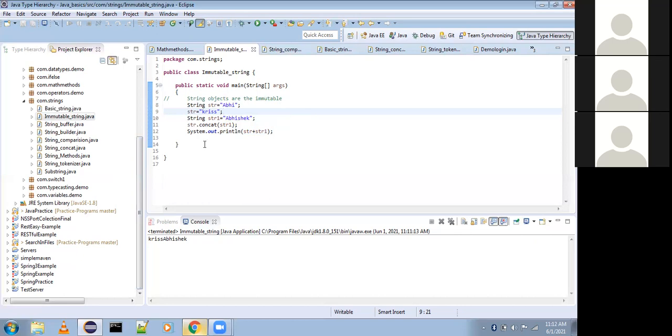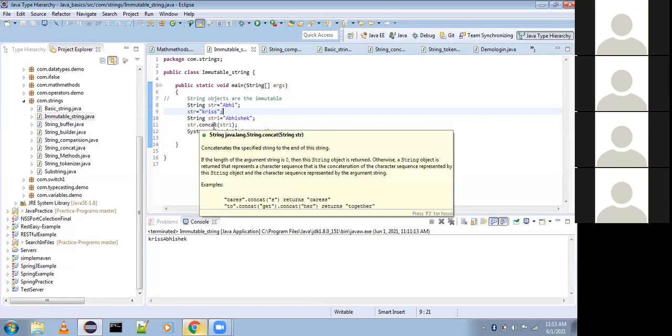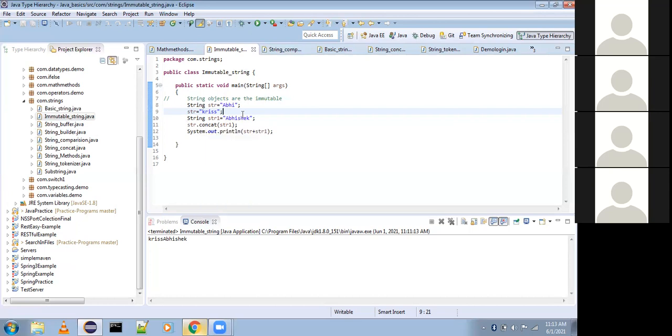You need to understand that string objects are immutable. Here Chris and Abhi are values, not objects. Objects are immutable, not values. Okay, I'll explain about that one, don't worry. Sir, please correct me if I'm wrong. I thought that in the string pool, if you create Abhi as a string, it actually creates that Abhi and references the object to that Abhi. And when you create a new string Chris, it creates a new Chris and changes the reference towards Chris. I thought in that way.